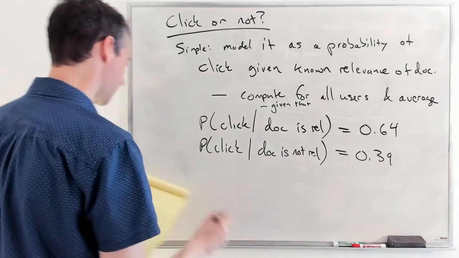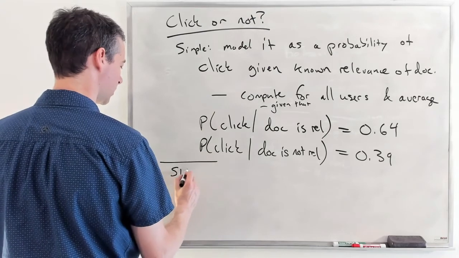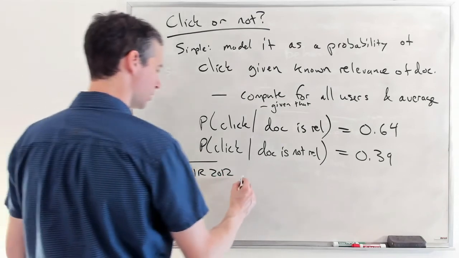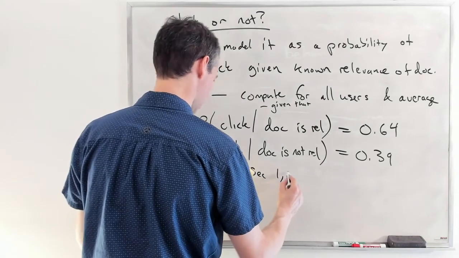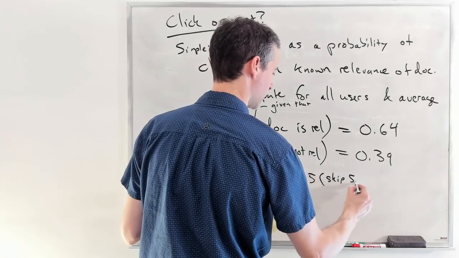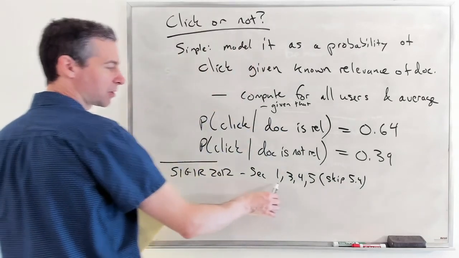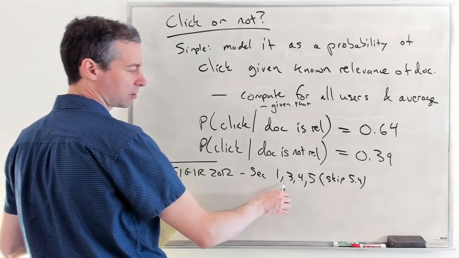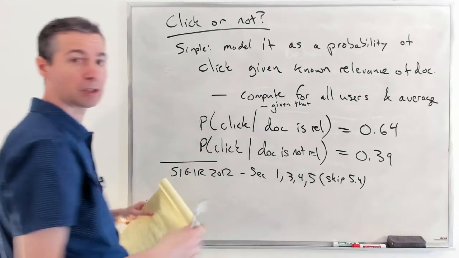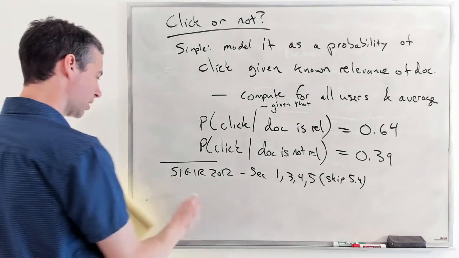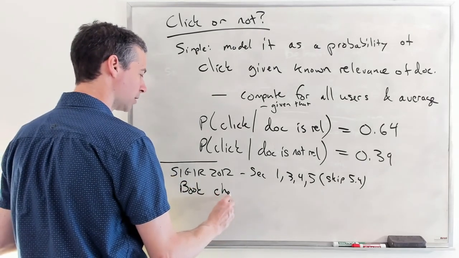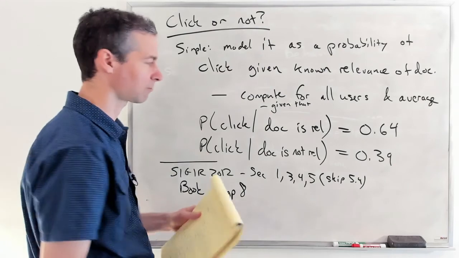I mentioned some reading. So I have uploaded the SIGIR 2012 paper to the readings, and it notes that you should read sections 1, 3, 4, and 5, but you can skip that last part, which is 5.4. You don't need to look at that. This will cover all the way through an introduction, the model, calibration, and validation. So this is the reading that goes along with the lectures we have here. And in the search engines book, you should be reading chapter 8 now, and this is the evaluation chapter. All right,